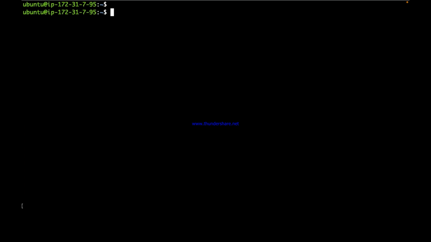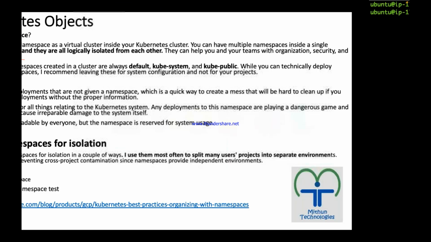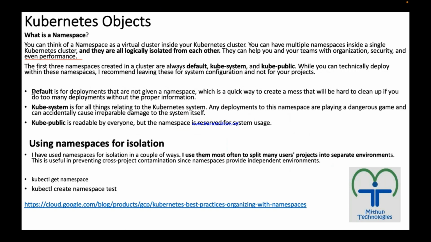So namespaces are logically isolating with each other. Is everyone clear, guys? What is a namespace? And the default namespace is for the deployments. We have not given any namespace. So when I try to deploy some pod, deployment or service without giving any namespace, in which namespace will it be deployed? While deploying, if I don't give any namespace, it will be deployed in